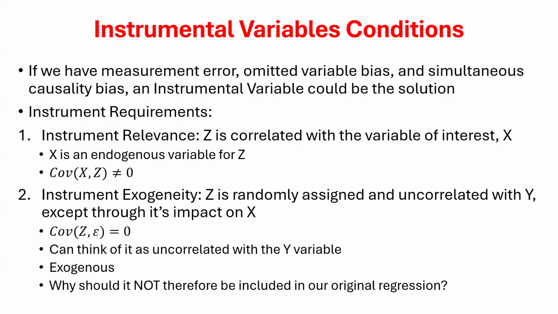So being exogenous to Y, you can think of it as the covariance between Z and Y is equal to 0. Now, more technically, it's the covariance between Z and our error term that is equal to 0,